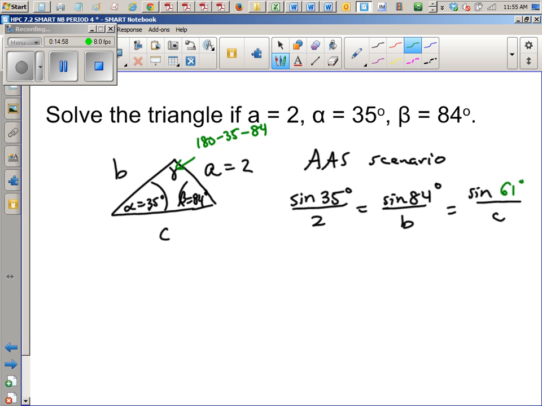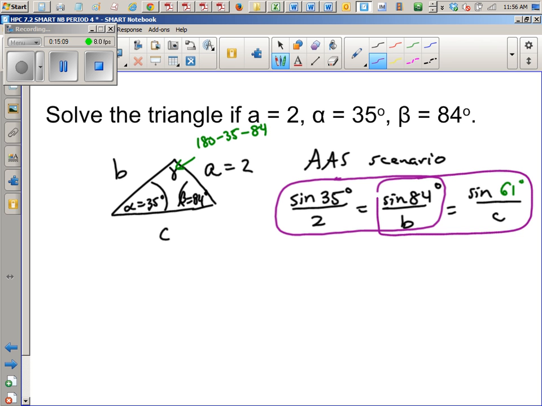Typically what you do is understand that this is really 3 equations in one. It's sine alpha over A equals sine beta over B, but it's also sine beta over B equals sine gamma over C, and also sine alpha over A equals sine gamma over C. So it's really 3 equations in one. I'm just going to take the first 2 fractions and cross multiply. This is probably where it feels familiar to you, if you've done this before. So, just trying to isolate B,